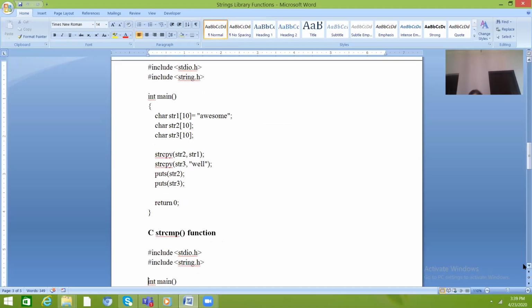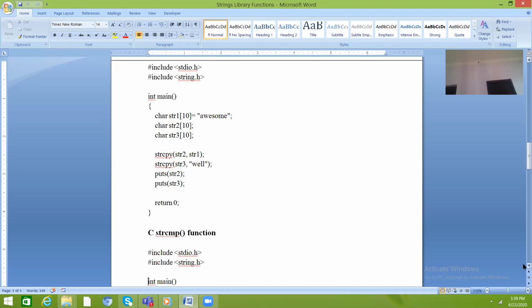strcpy. So strcpy is also a library function generally used for strings, and I have taken here three strings. str1 has initialization with awesome.